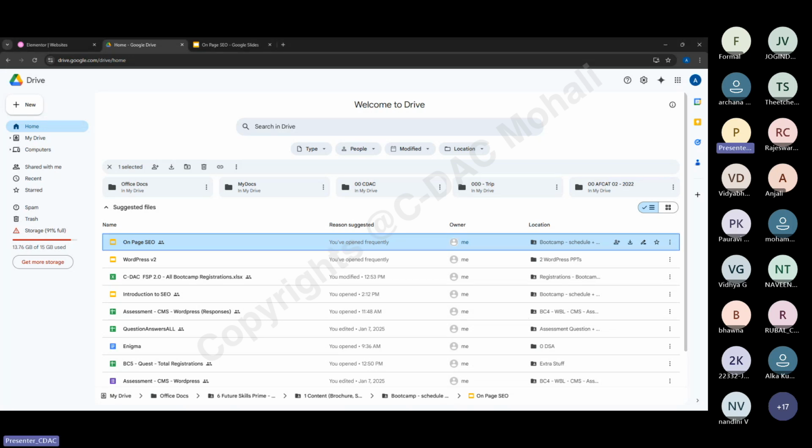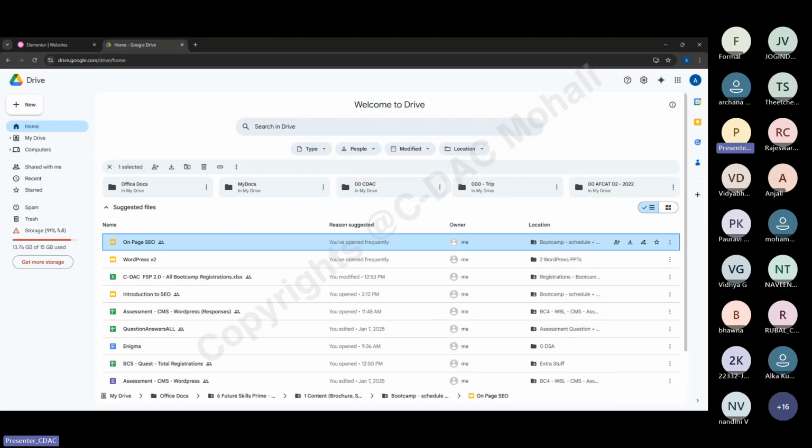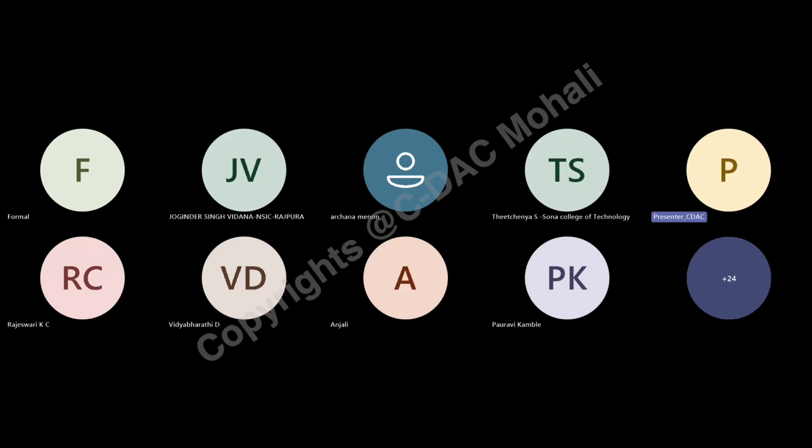Because SEO is a very vast field, we are going to cover just the important topics here. There is one more topic that I'm going to explain briefly, that is off-page SEO. Similarly, as we have performed on-page SEO, we can also do off-page SEO, and off-page SEO is basically that type of SEO which is